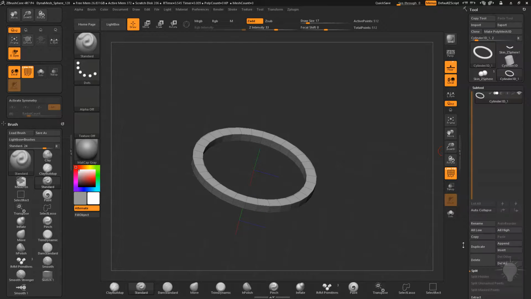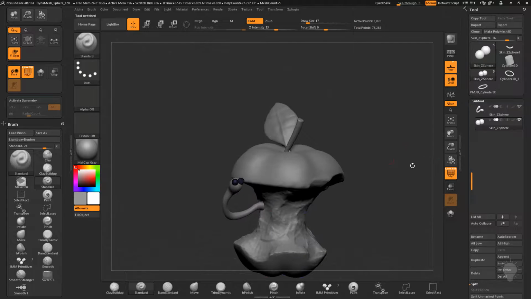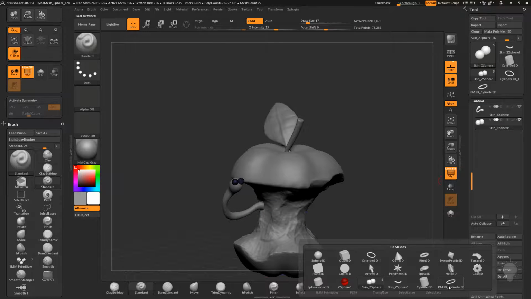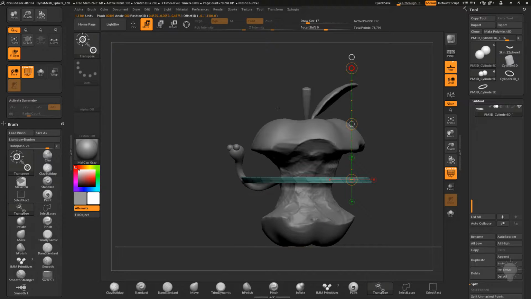I'm going to make him a little pair of glasses. So with that, I'm going to hit Make Polymesh 3D. So now I got a polymesh cylinder right here. I'm going to grab my guy here. I'm going to go to Append. I'm just going to grab that polymesh cylinder I made, Alt tap it, W, and you can use the gizmo